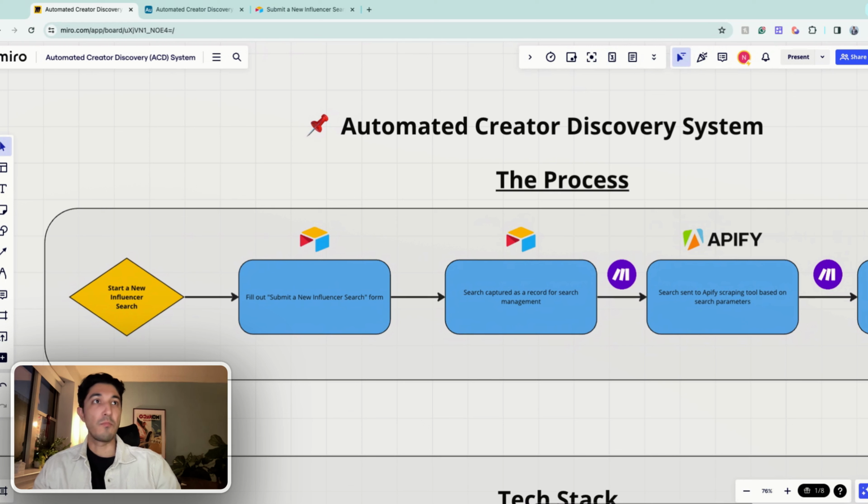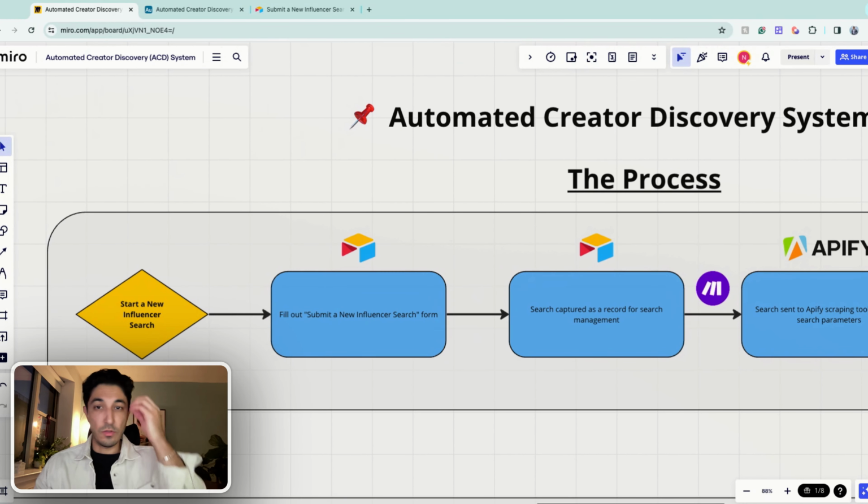A lot of what they're telling me is that, number one, they can use an influencer database tool that's out there, and either it's too expensive or it just doesn't give them exactly what they need in the right way. The second option is going to an agency, a done-for-you agency that can hand you creators, which has been much too expensive for them. The third option is manually typing into the TikTok Explore page or Instagram Explore page, looking for creators one by one and adding them to a spreadsheet